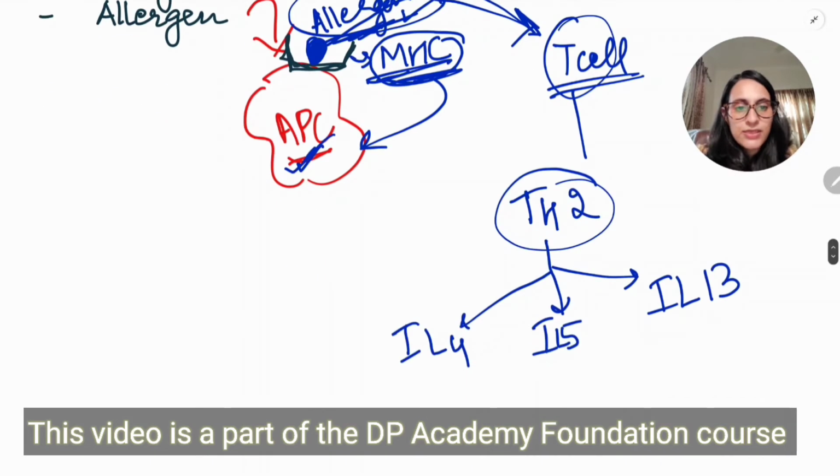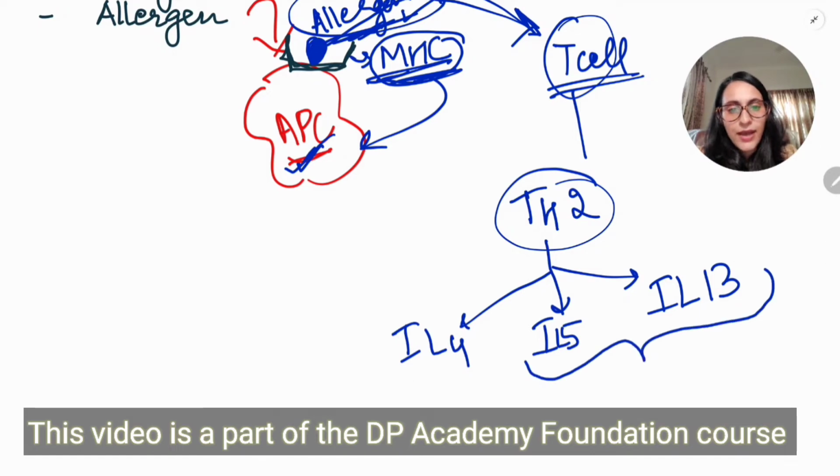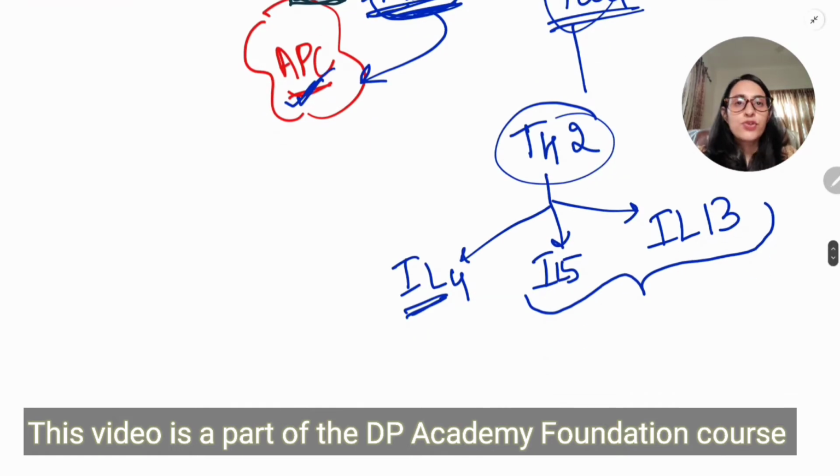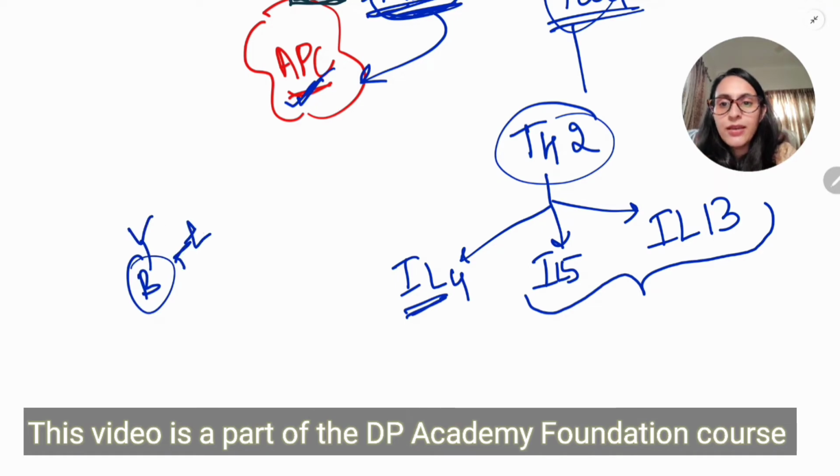If you remember in the previous lecture, we have covered both of these. Interleukin 5 and 13 have a role in asthma, while on the other hand, interleukin 4 is going to participate in isotype switching. What is isotype switching? A B cell has two immunoglobulins, that is IgM